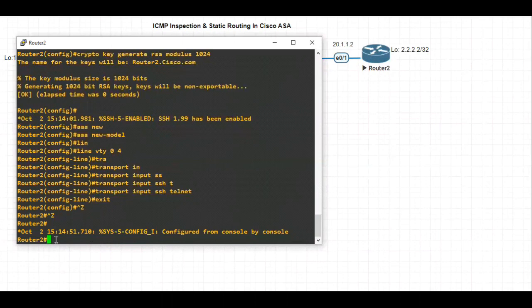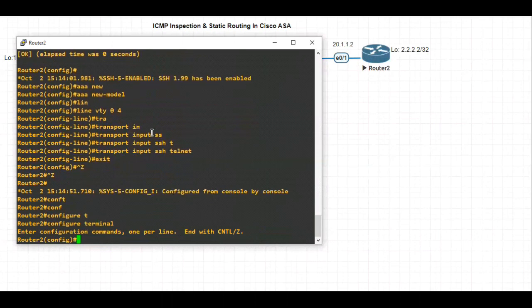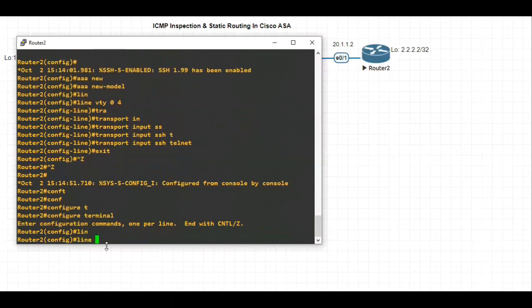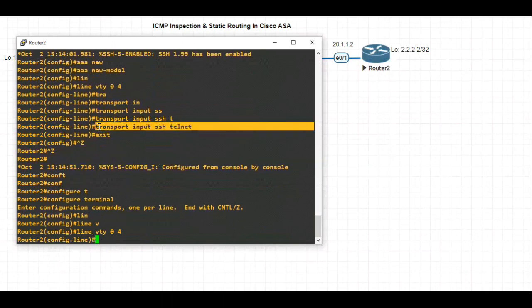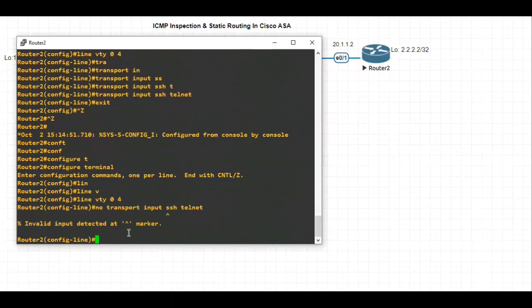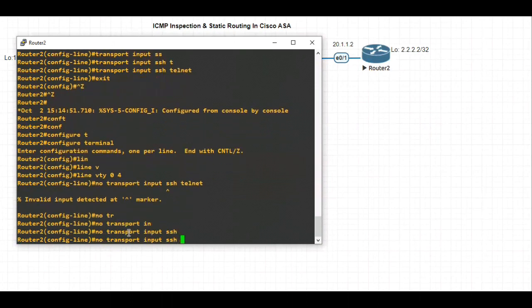Okay, so let's not take SSH. Let's just take telnet. I'm going to remove this. Line VTY 0 to 4, and I'll say no transport input SSH telnet.